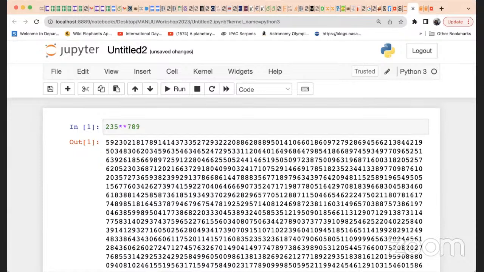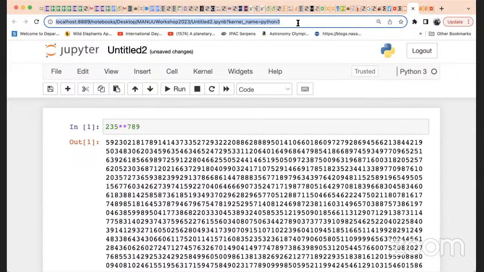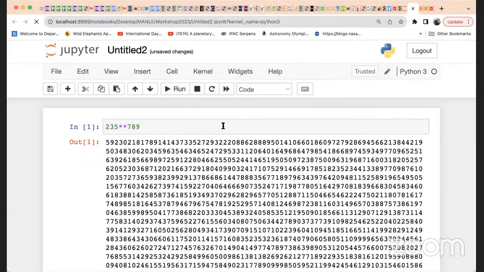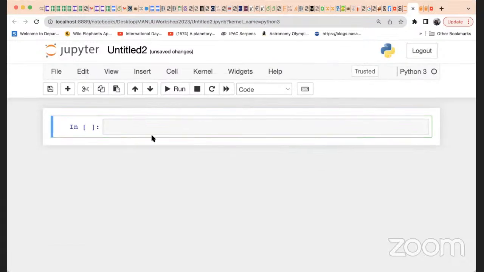Since Jupyter Python is not installed in the system, you go to Google Collab and open a new notebook. Right, so here we are, and now see, for example,